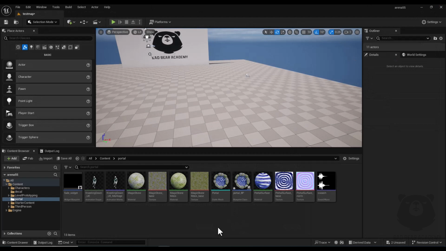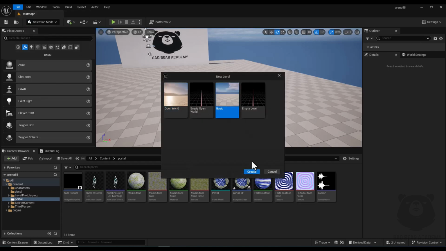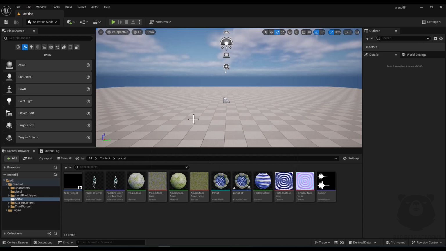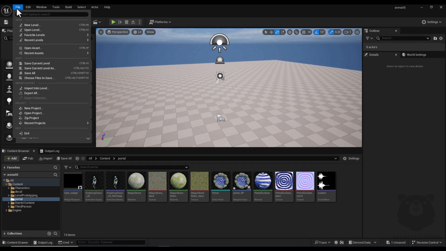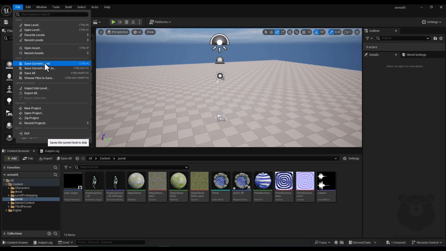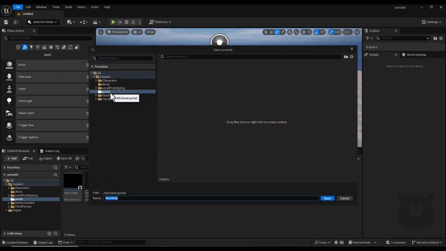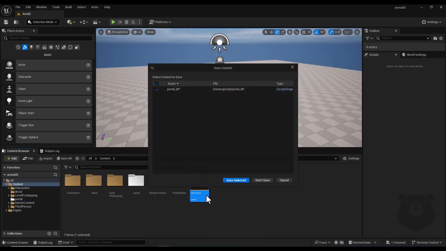Now I'm going to create a new level for my game. So from file tab I hit this new level and I create a new basic level, and now I am inside the new level that I just created. And now from file tab I hit this save current level icon. First I select location of my level to be saved, and here I set name to, for example, level 2. Now I go back to my default level,